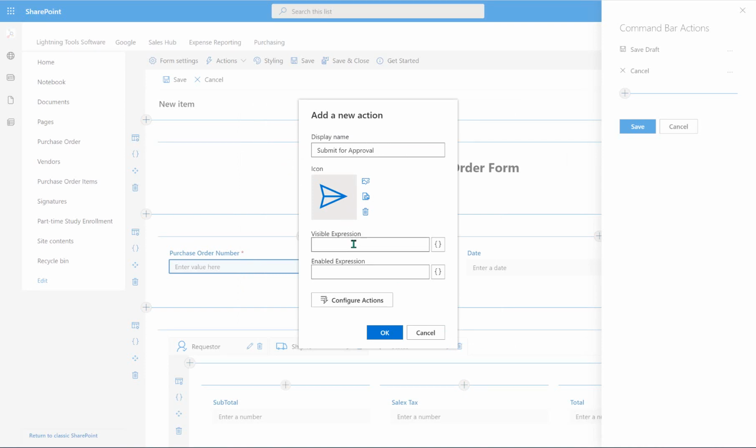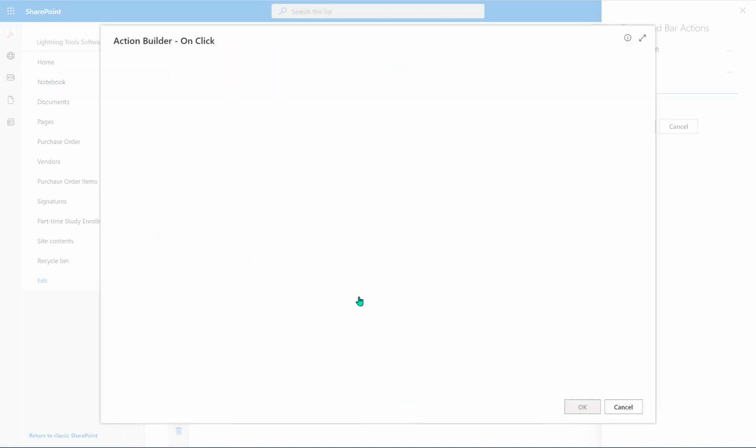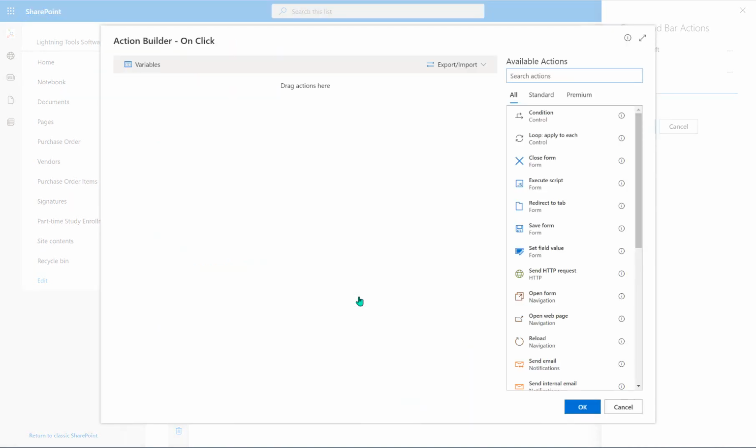Now we can decide when this button should be visible and when it should be enabled for people to click as well. So we could argue, well, that's always going to be the case on the new form, but maybe we don't want to do that on the edit form. When we come down to the configure actions, again, this is where we've got the series of actions that we